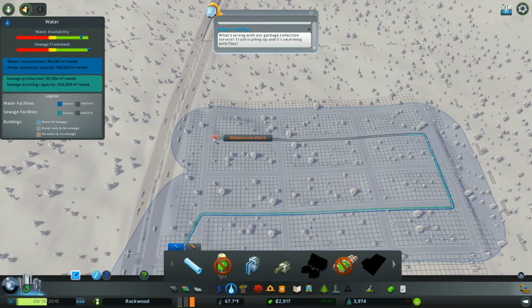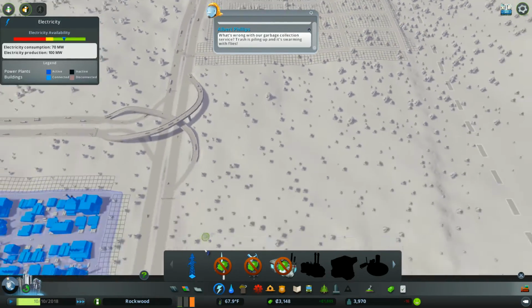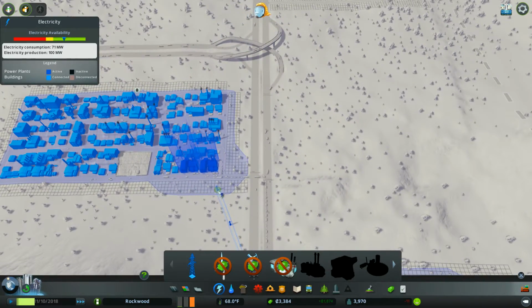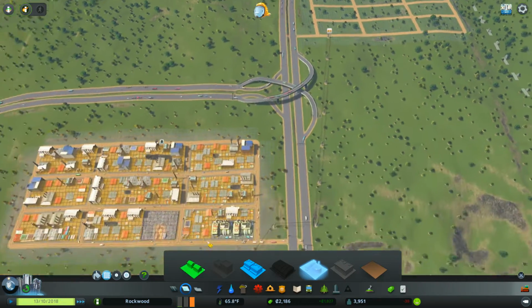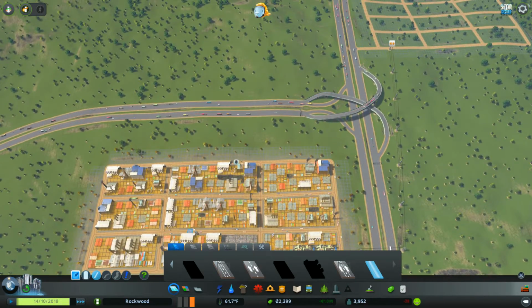Now I know I said that you just got to have a population above 1. But you do want an actual decent amount. Otherwise you're not making money and then you lose the scenario when that happens. So